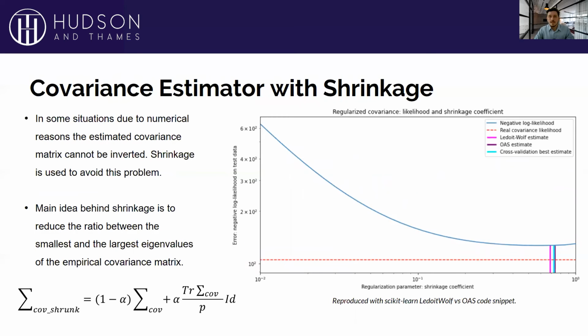Next, the covariance estimated with shrinkage. What is the goal here? The goal here is to have better numerical properties for the covariance estimator. What I mean by that? In some applications, it's crucial for a covariance matrix to be invertible. In some applications, such as portfolio optimization using the standard